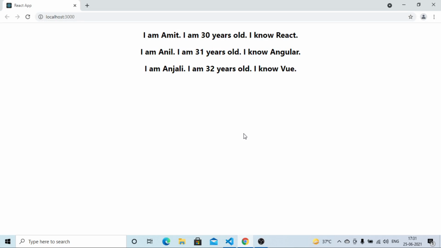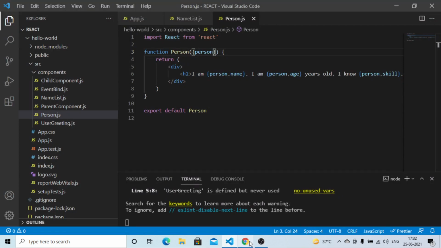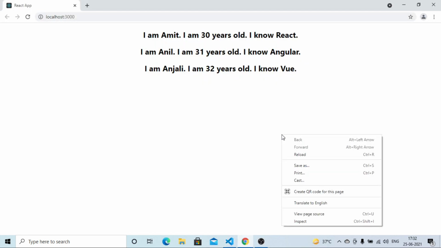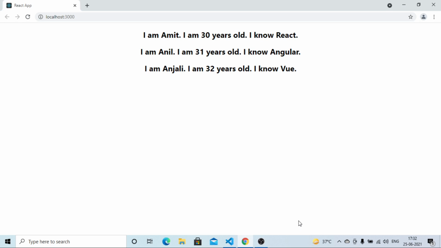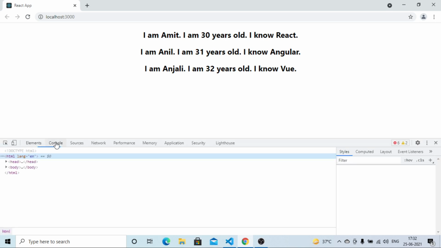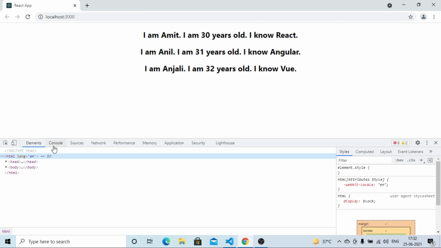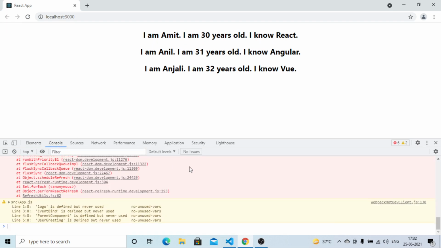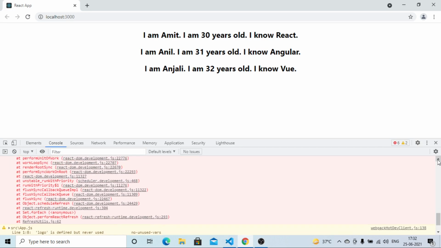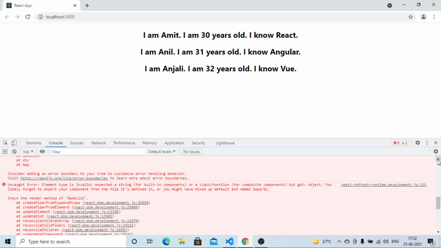So this is how we can render a list of products, list of courses, list of names, and sometimes we can also render a list of objects with the properties rendered in the browser. But if we now have a look at the console, we can see here a warning.